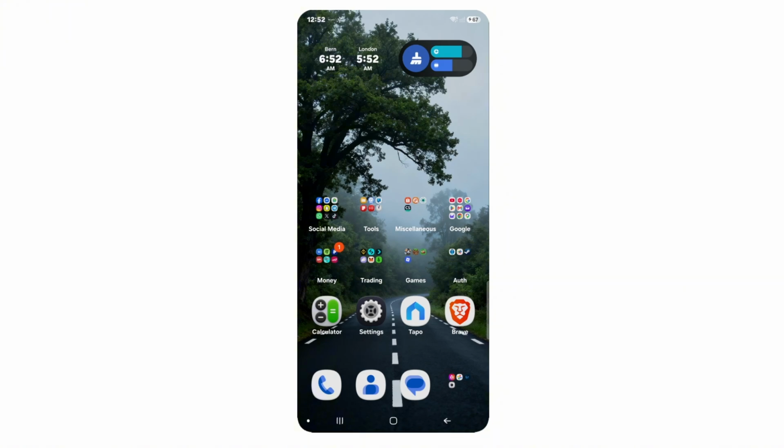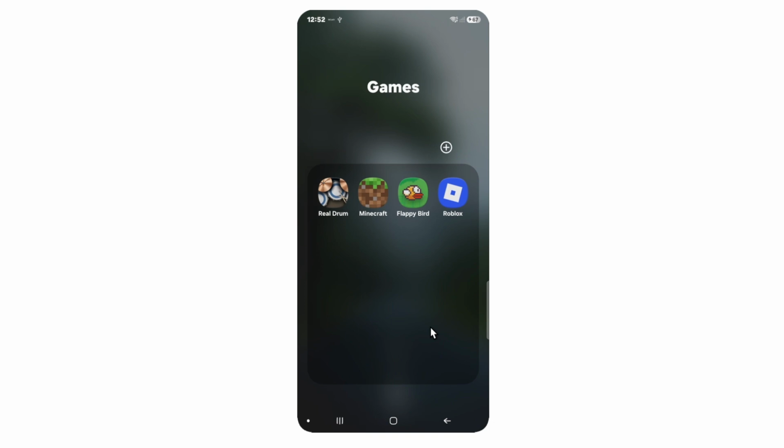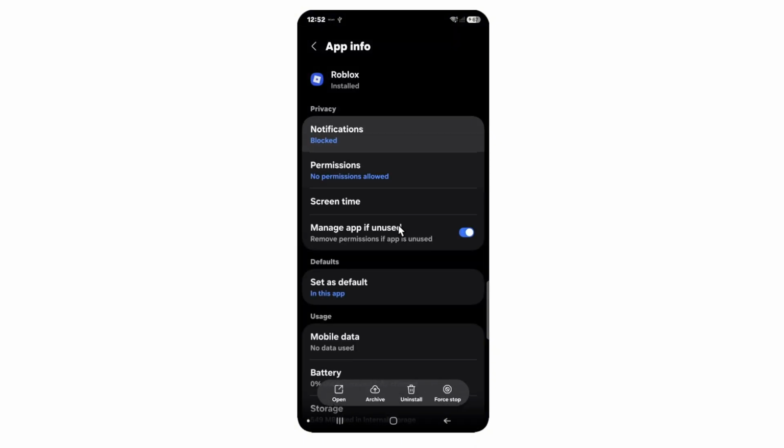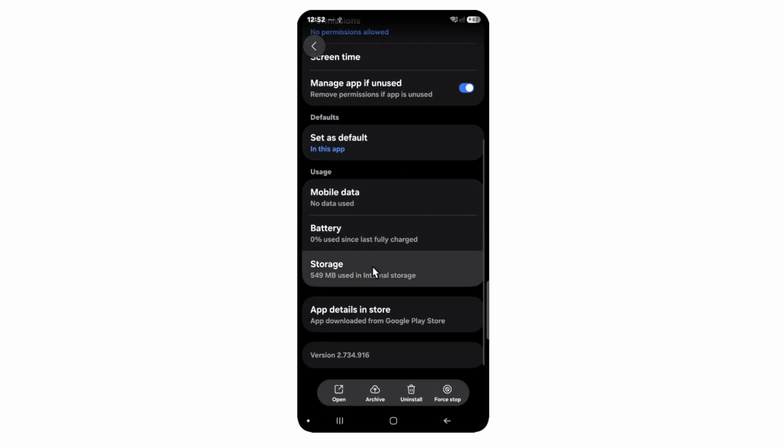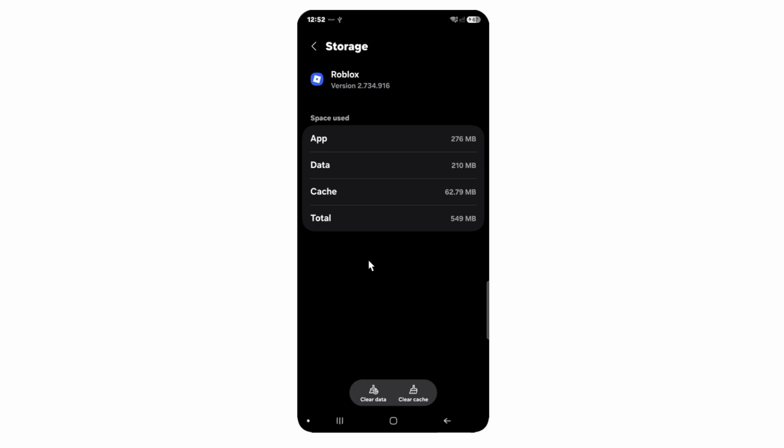Now, first up, for Android, go to find the Roblox app. Just tap and hold, and then tap on the information icon at the very top. Wait for it to load, and once it loads, scroll down and tap on storage. Now, what you're going to want to do is just tap on clear cache first, and then followed by clear